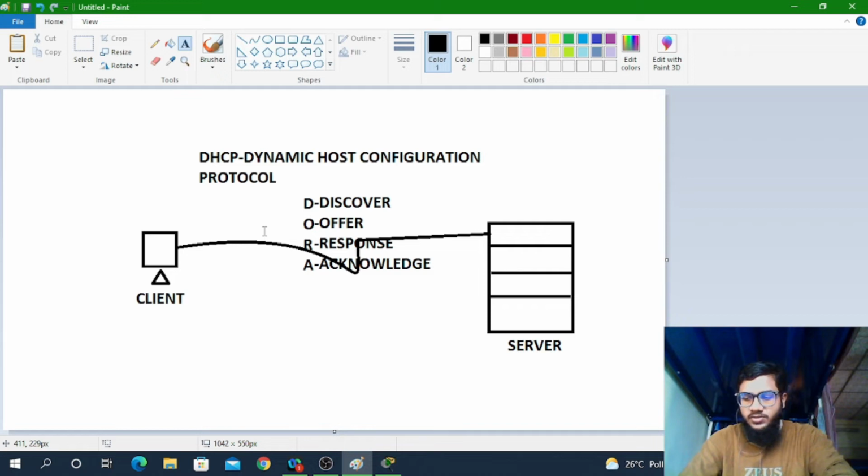This server contains a pool of addresses, and that pool will be assigned to the systems. For example, the addresses start from 192.168.1.0, a network from 0 to 254. So if 254 PCs are connected to your system, all the PCs will get a particular address. This is what the DORA process does: it provides the IP address to the system.